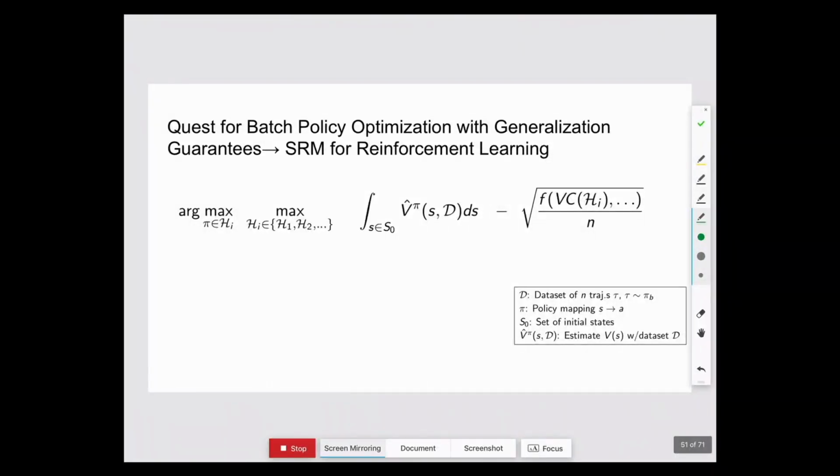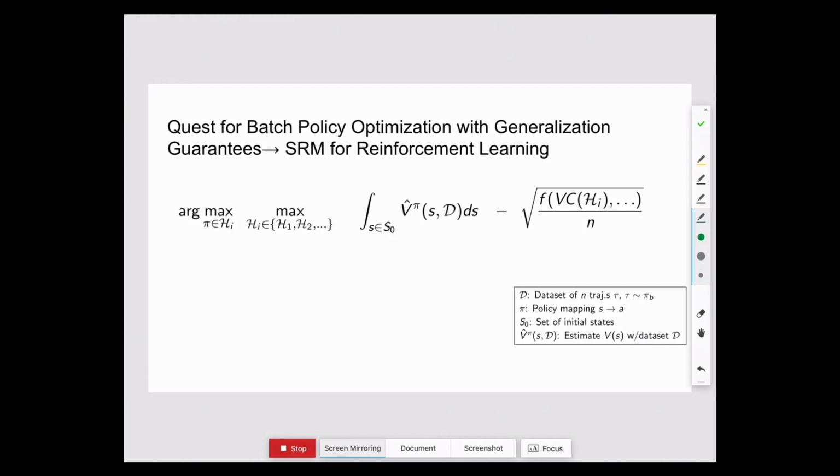What I've been very excited about over the last 3 to 4 years is thinking about how we work towards something that looks like this. I think most of you are familiar with structural risk minimization, and we just don't have that for reinforcement learning. When I talk to colleagues, or particularly people who are not colleagues, about using reinforcement learning for their problems, they say, well, I know about machine learning, you have a training set, you have a test set, so can I just give that and then we'll know the policy works and then we can deploy it? And we just don't have that yet for reinforcement learning.